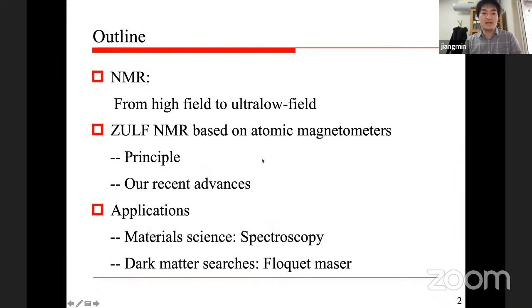So in the following, I will introduce my talk in three parts. In the first part, I will try to explain why we need zero and ultra low field NMR. And second, I will introduce how we realize the ultra low field NMR based on atomic magnetometers. In the third part, I will explain what kind of applications